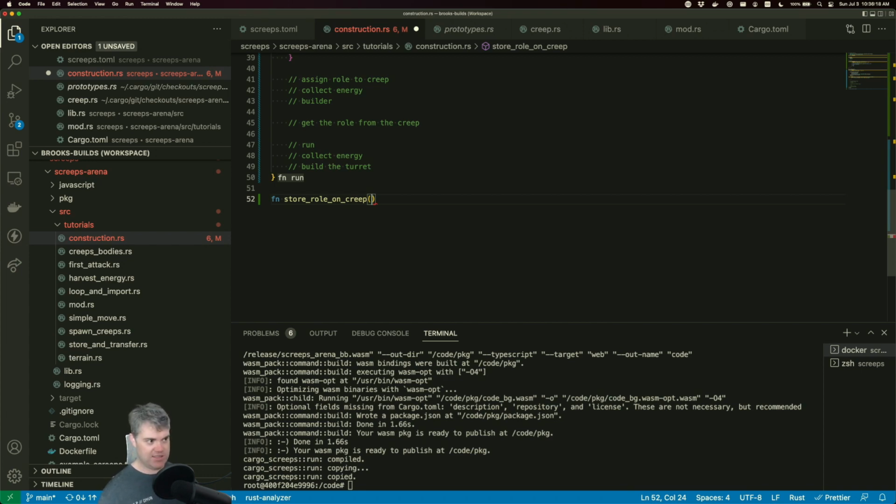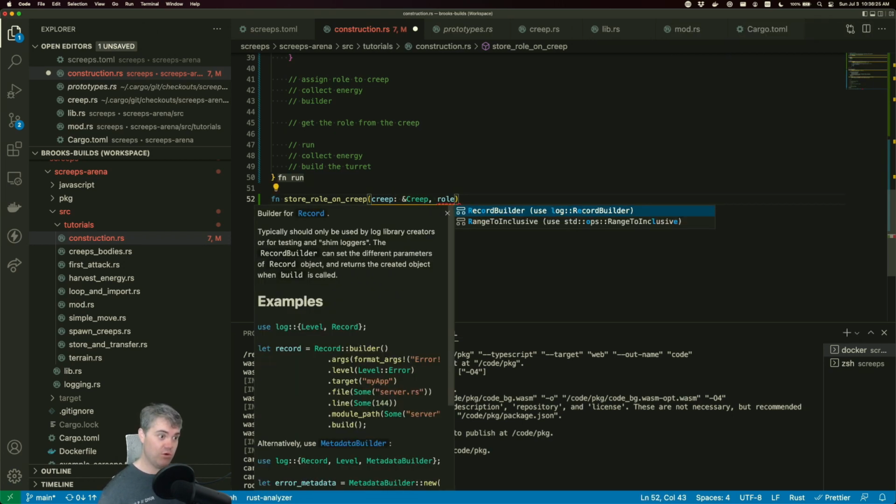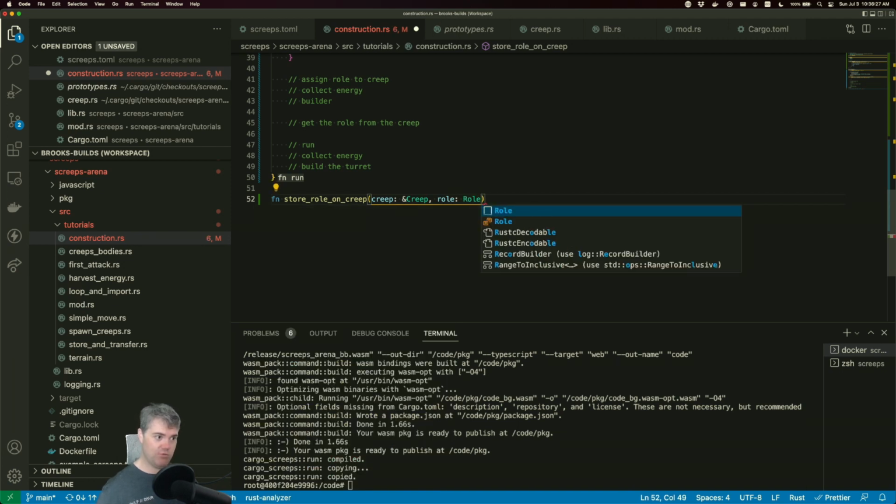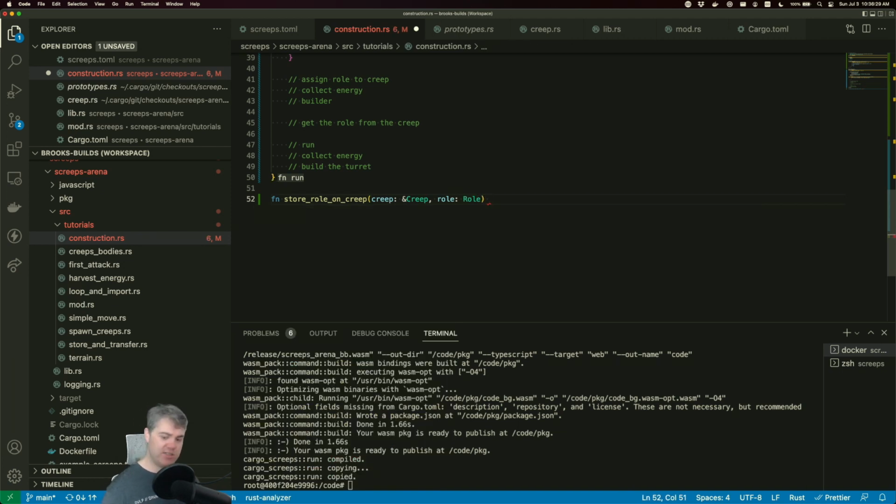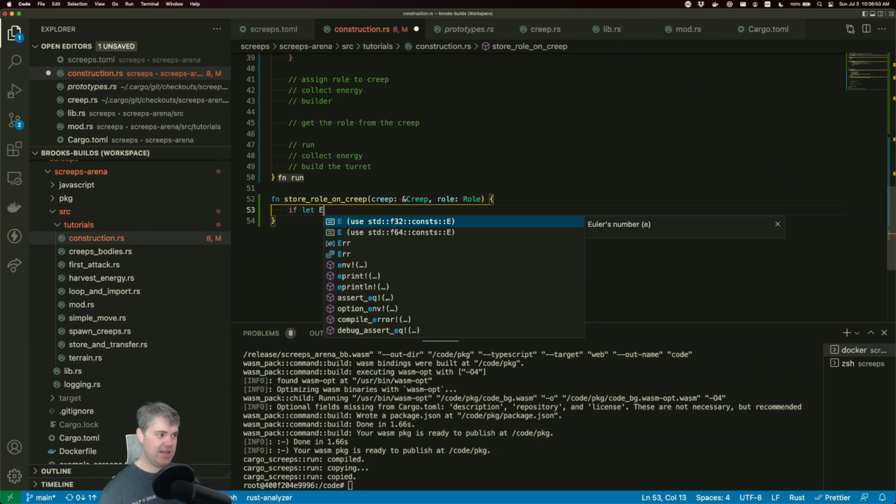I want to take in a creep, which is going to be a reference to a creep. And then I need the role, which is going to be a Role. I'm not going to return anything. We're just going to be mutating this object using Reflect. Now, if this fails for some reason, I want to note this out. Like, I want to log it to the console so we can actually see that this failed. Otherwise, we'll just be blind and won't know exactly what happened. So if let Err(error)